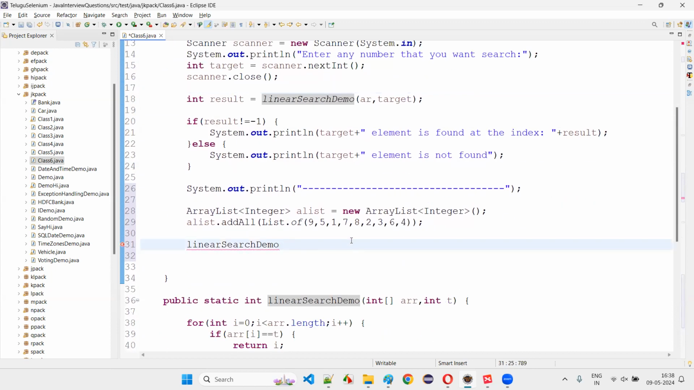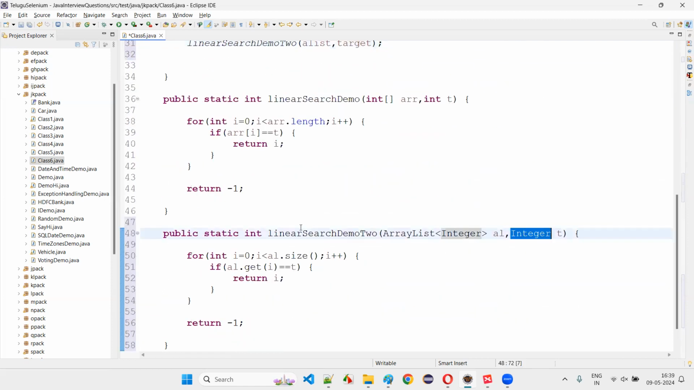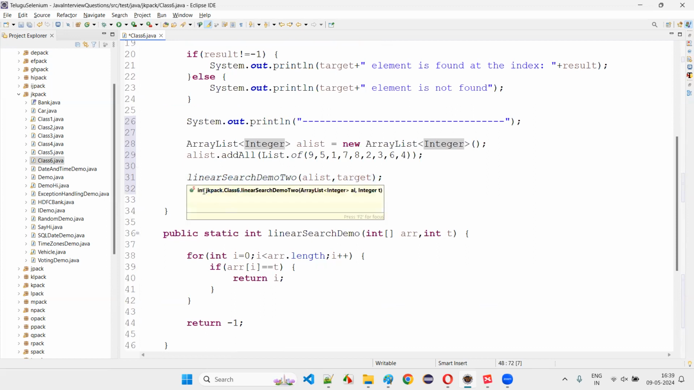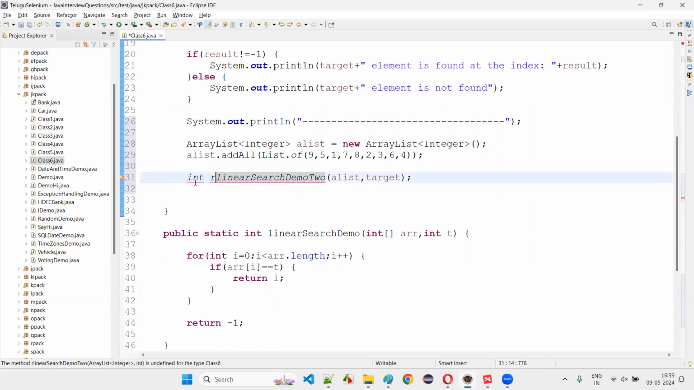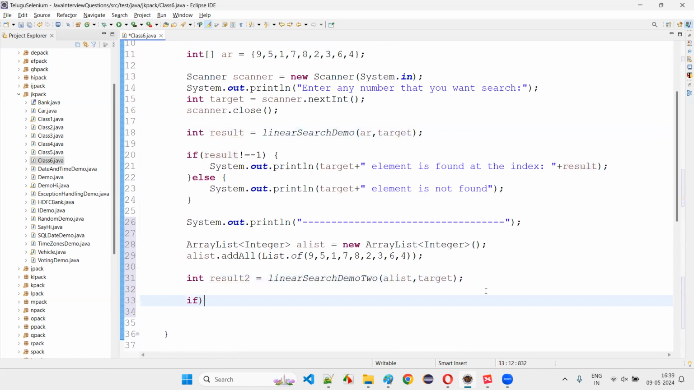So here, linear search demo method, demo 2. Put a semicolon here and pass the array list as one of the arguments, and another one, pass the same target. This particular target that you have collected from the user, you pass it. Go to the integer, and it will be upcasted automatically. Don't worry. Int result 2 is result 1. This is result 2. So here write down if that result 2 is not equal to -1,